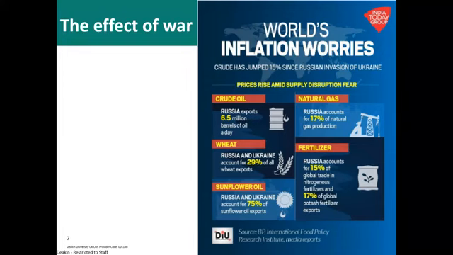And then there's the impact too of the supply and price of wheat. So as you can see here, Russia and Ukraine provide 29% of the world's supply of wheat. And so the war is going to affect the price of that commodity and also in turn any products that come from wheat. And also other products there, we've got high volumes of sunflower oil, gas and fertilizer from these countries too. So this is an example of how war can have a huge effect on businesses around the world. And this is the kind of thing that if you're a manager of a company, you'd need to be aware of in your macro environment.